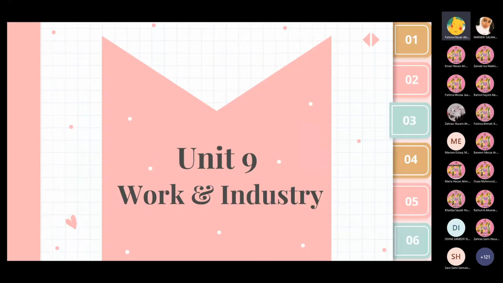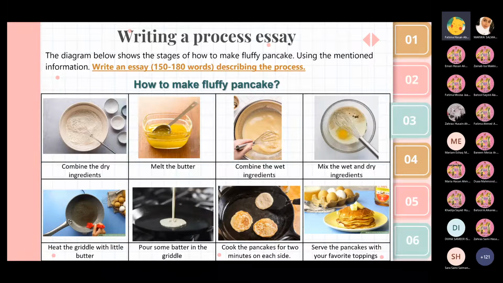Good morning, girls. Today I'm going to give you a brief explanation on how to write a process essay. You will always need to have a beginning, introduction, including a title of your essay. Your essay must be by steps. The last step is the summary, meaning to sum up the process. So if you're ready, let's start. I will be talking about how to make fluffy pancakes.